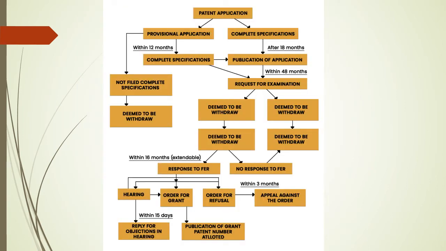Let's discuss it in detail. Patent application. First, provisional application. Within 12 months you have to submit the complete specification. Then you are going to request for the examination. Again, there are two options: deemed to be withdrawn,